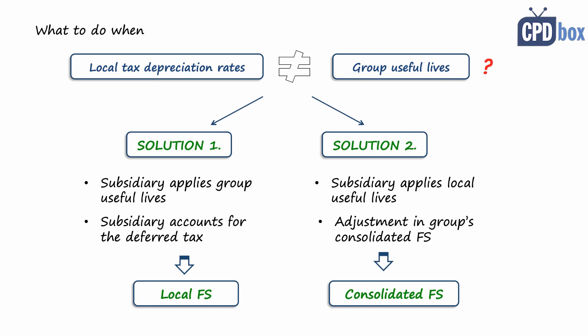But if the subsidiary is big enough and its shares or other instruments are traded publicly on the stock exchange, or simply the subsidiary needs to share its financial statements with a wide range of users, then I would go for the second option and make the adjustment in the consolidation or reporting package so that the individual financial statements of that subsidiary would reflect reality better. So let's see this in an illustration.